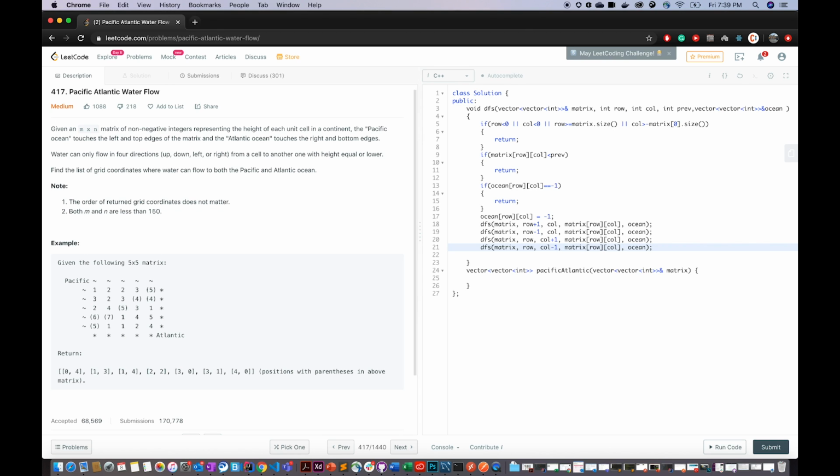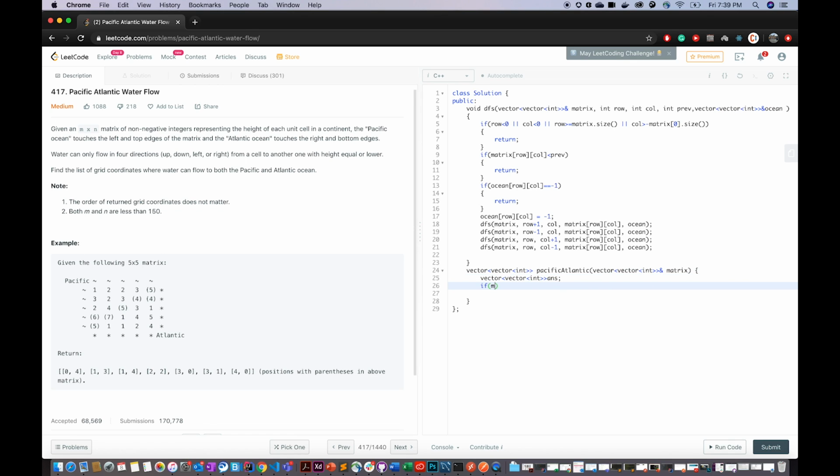That's it. This is the DFS function. How does this work is that whenever we hit an invalid case, it will just come back, right? Because of the checks that we've applied over here. So let's get into the main function or the solution, the specific Atlantic function. First of all, what I need is to return a vector of vector. So I'll just write vector of vector int answer, and this is going to be my final vector.